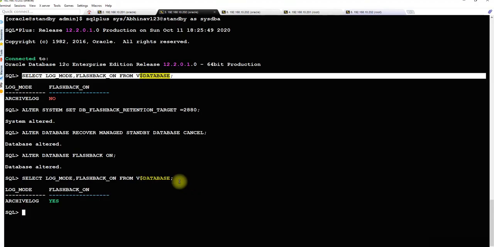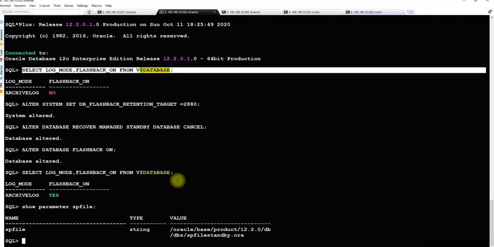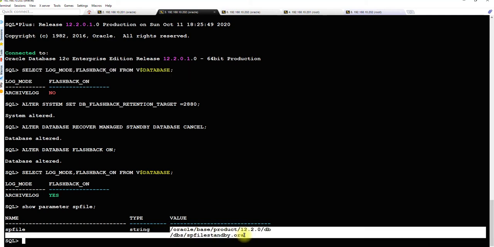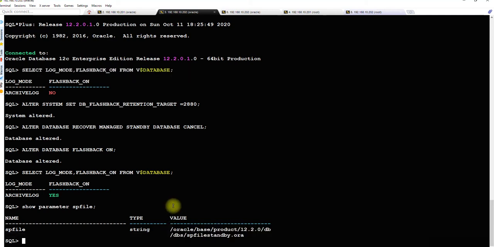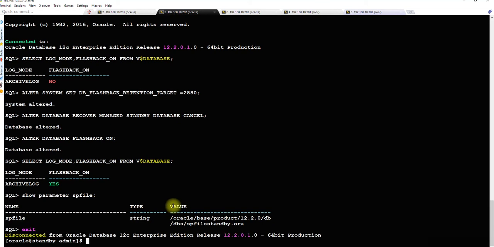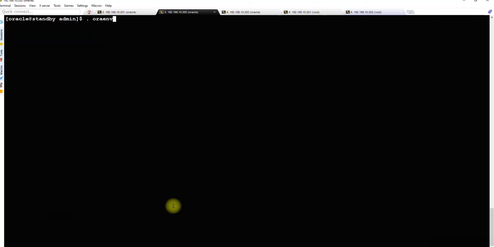Now one important thing which we did not do last time is, let's check show parameter spfile. You see where the spfile is? The spfile is located in the file system, but we want it to be moved to a location in the disk group. So let me check first. Let me set the environment variable with ASM.